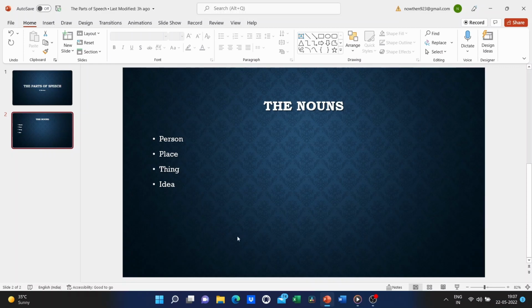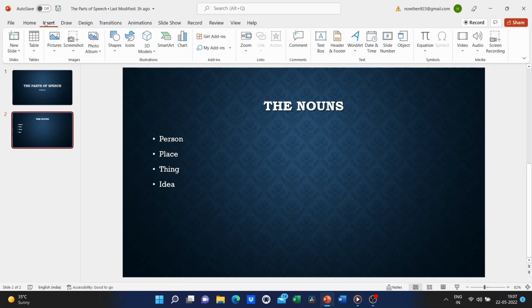So let's look at how to add some visual elements to this. In addition to the theme, the background. That's here. Well, what I would do to add some visuals is click here on Insert. And when I do that, it gives me a bunch of different things I can insert in this session. I'm gonna focus just on a few of these. And let's focus right now on images. So I can go here in the Images group, and I'm going to click on Pictures. So insert Pictures.